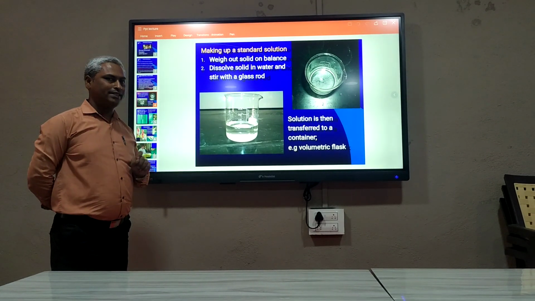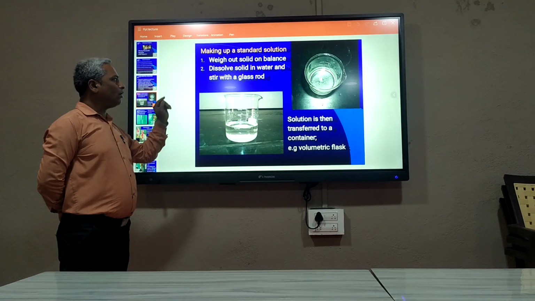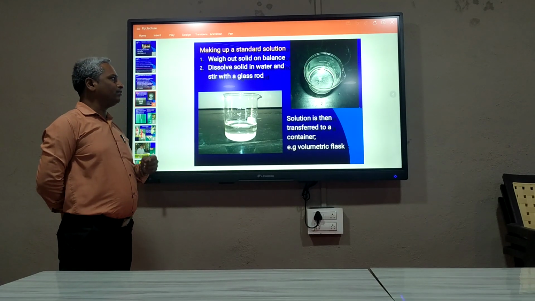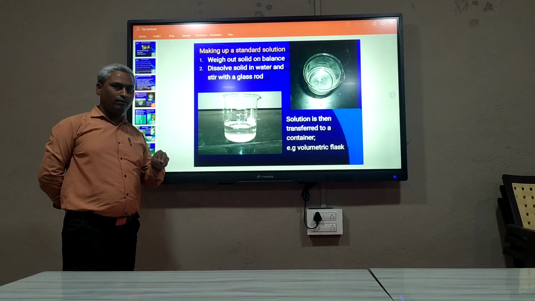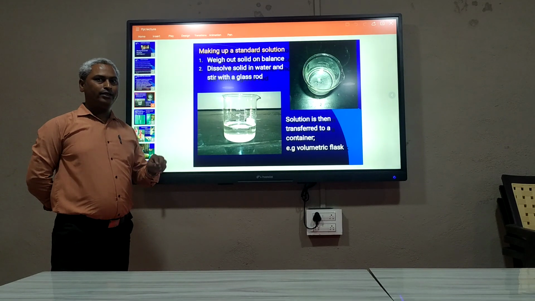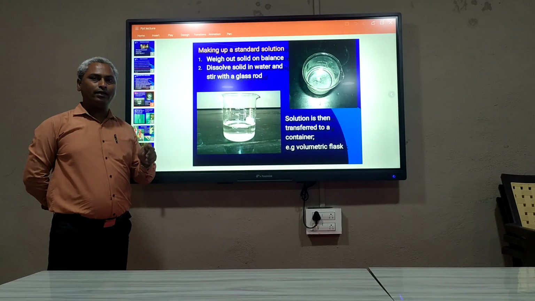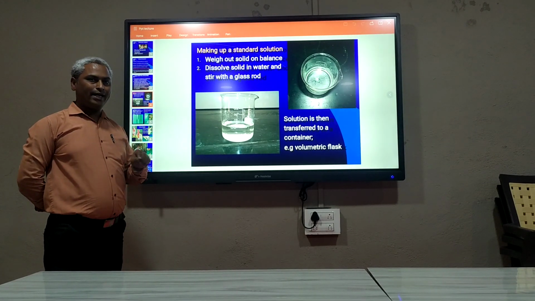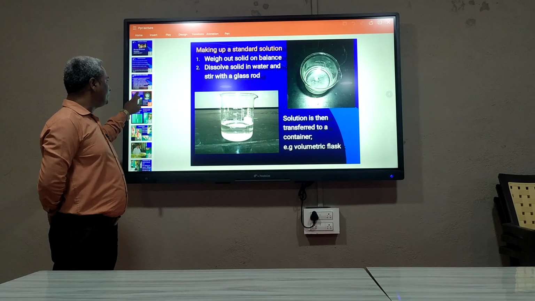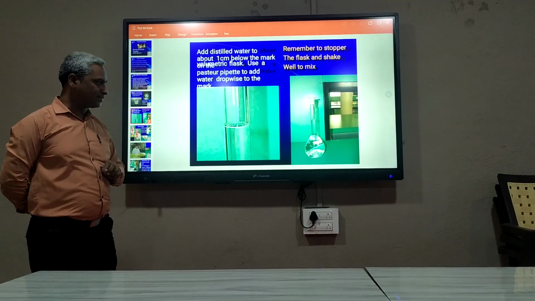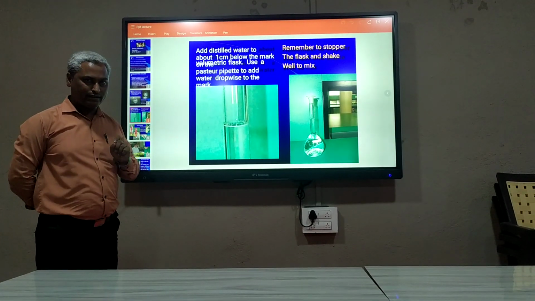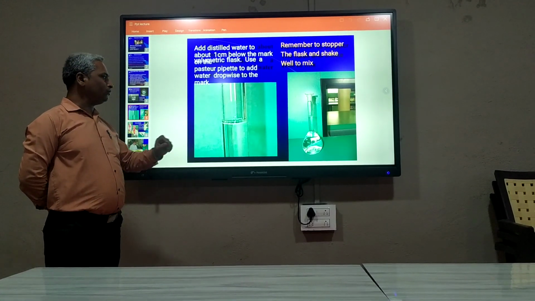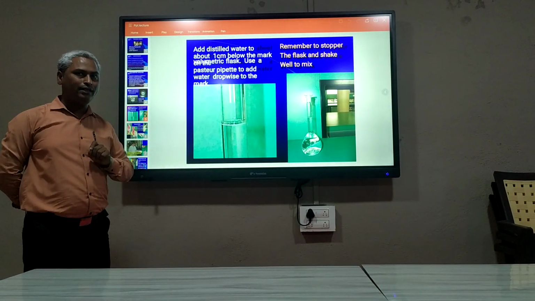For the preparation of a standard solution, we weigh the sample using the weighing balance, and after that we dissolve it in the solvent properly in a beaker, stirring it properly. Then we use the volumetric flask to make the standard solution. In the volumetric flask, we can see the mark of the